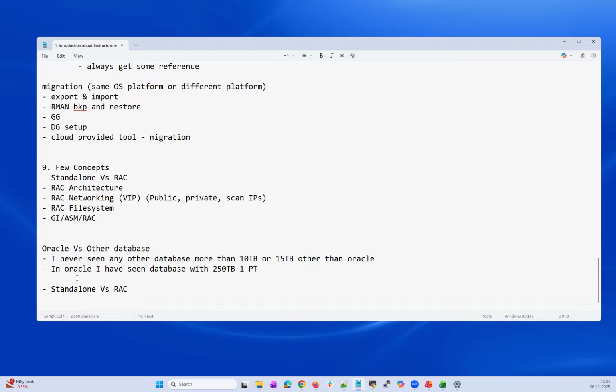And other than this, there is security and patching. Only Oracle will provide you more robust security than any other database technology. The moment we say huge database size and the moment we say security, think of any enterprise customer.